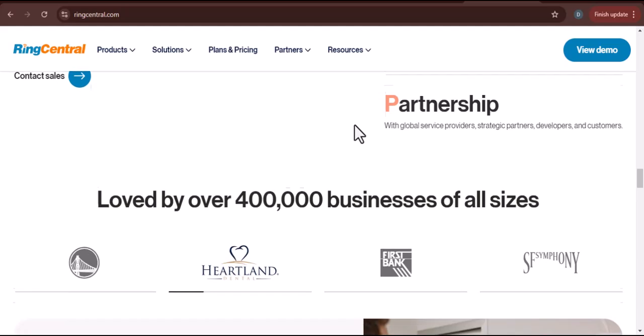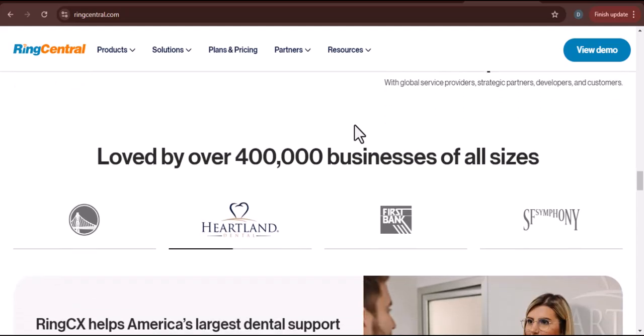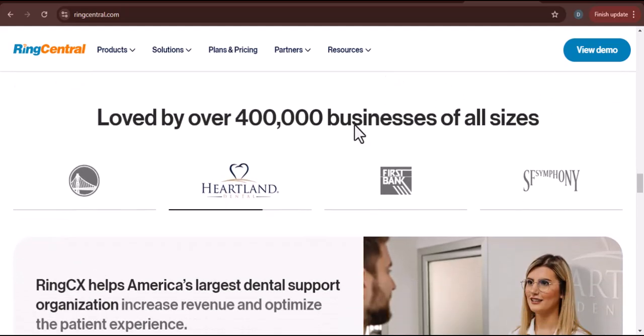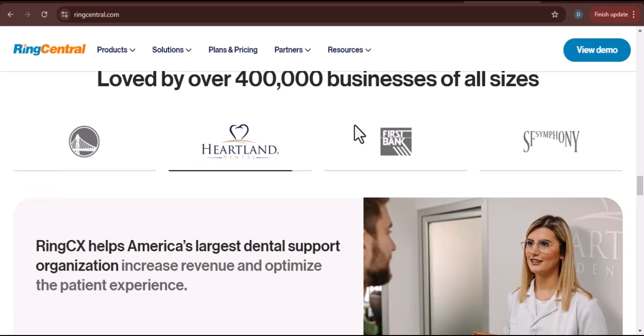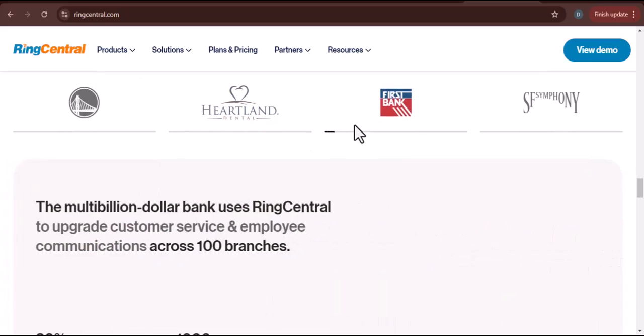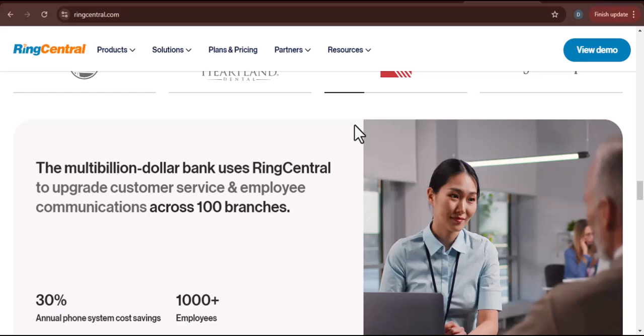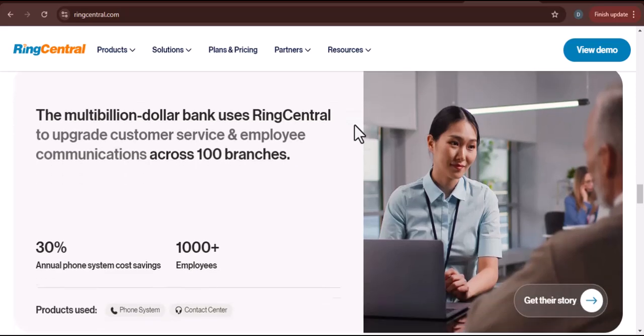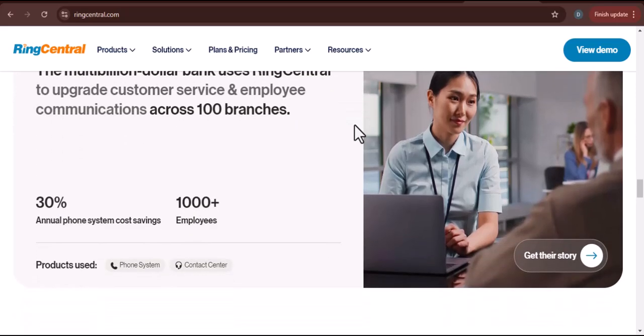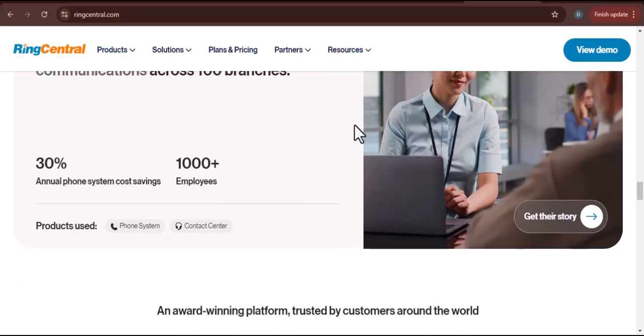Congratulations! You've successfully installed the RingCentral app on your desktop. You're now equipped with a centralized communication hub that will revolutionize the way you work. No more scattered conversations. No more wasted time searching for information. With everything in one place, you'll be more efficient, more collaborative, and